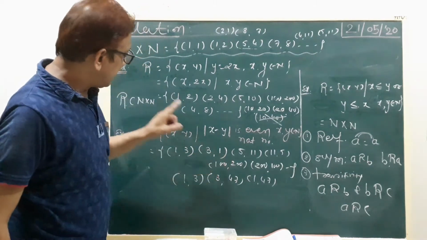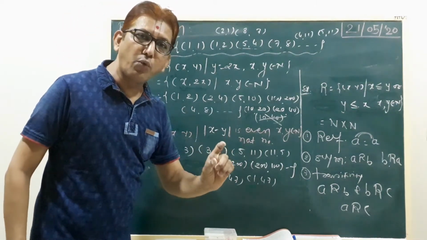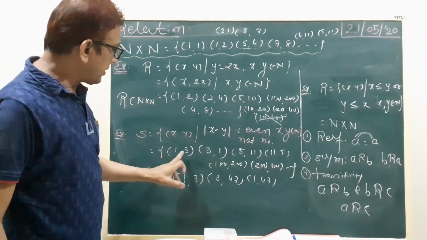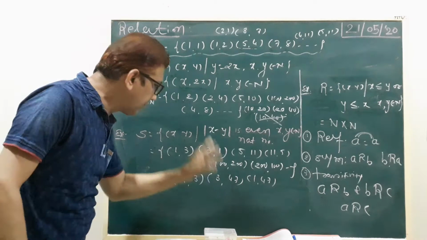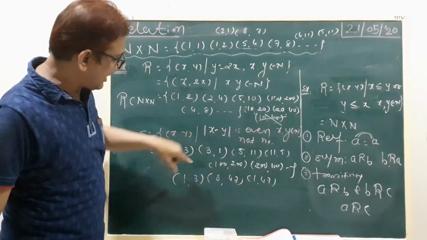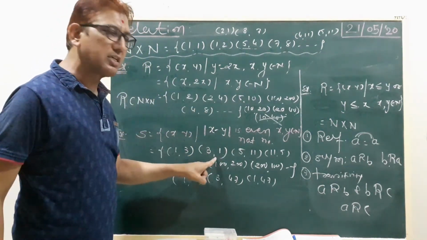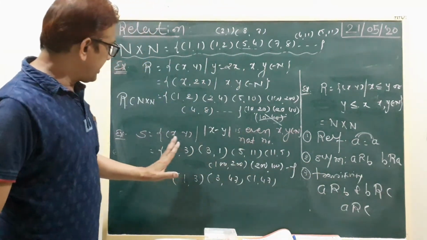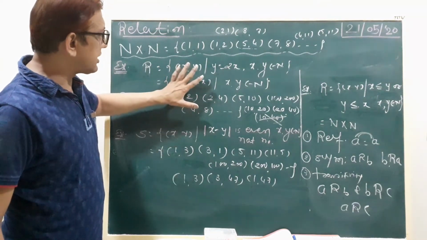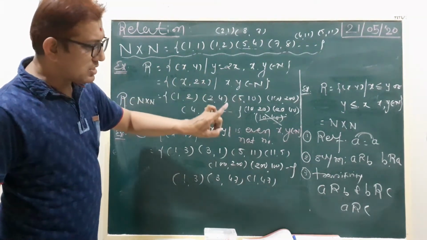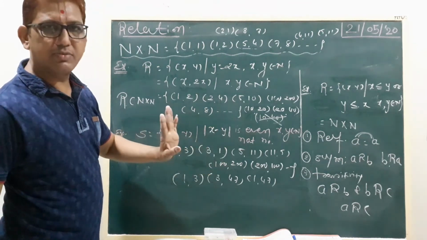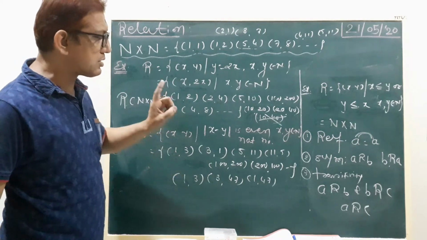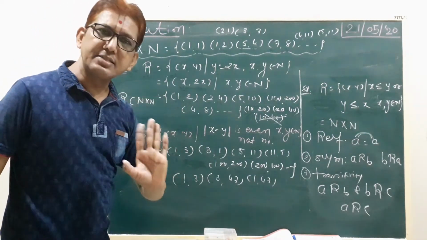Okay, but a statement is true only when it is true in each and every condition. Here 1 3 is possible, 3 1 is possible, but 1 1 is not possible. In this condition, 1 1 is not possible. The statement does not satisfy the transitivity property, right? So here the first question does not satisfy reflexive, symmetric and transitivity. The second question does not satisfy reflexive, but satisfies symmetric, but does not satisfy transitivity.